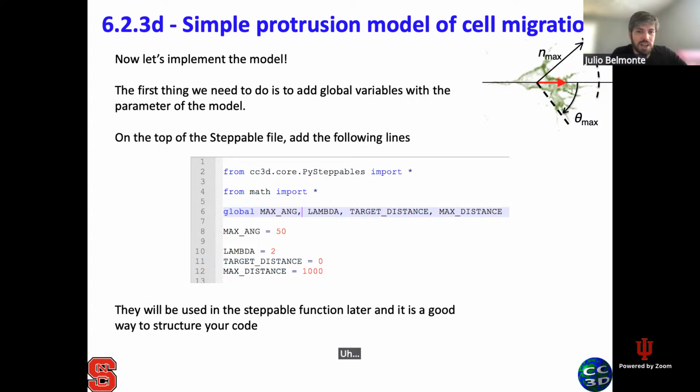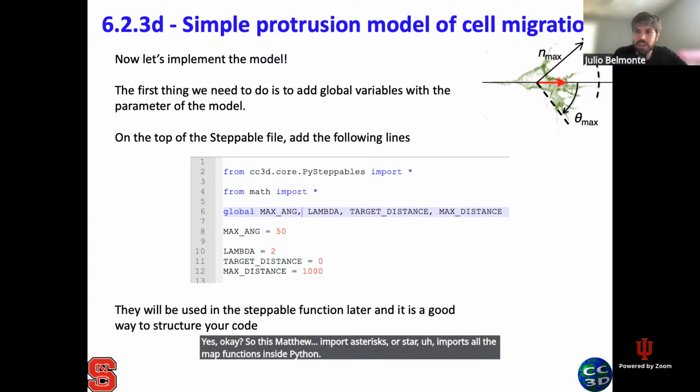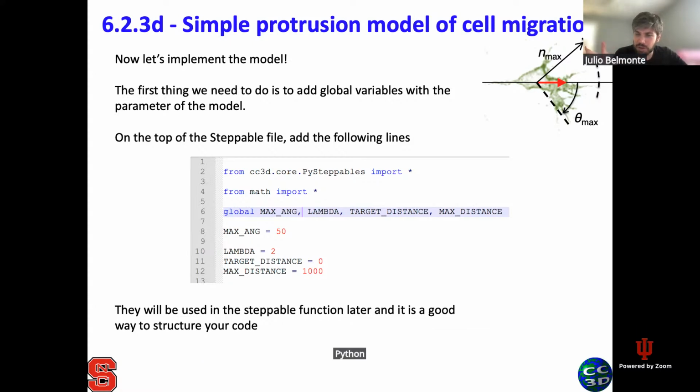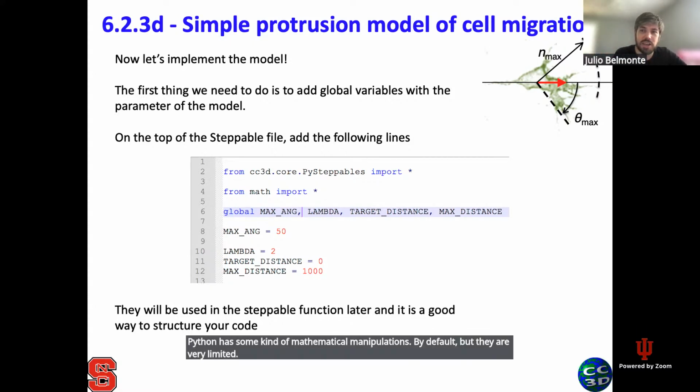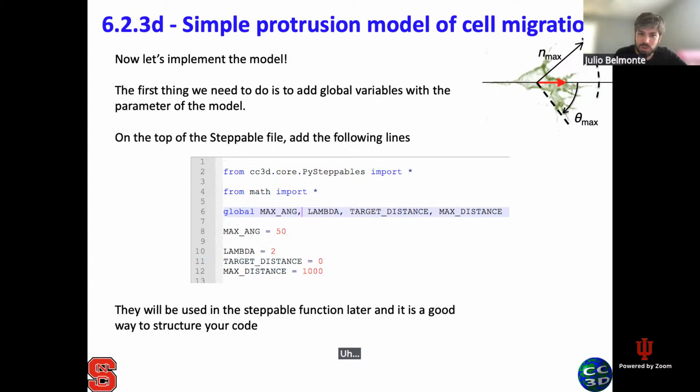So question, what is math import star? Do you have to add it? Yes. Okay. So this math import asterisk or star imports all the math functions inside Python. Python has some kind of mathematical manipulations by default, but they are very limited. Here we want to do this math import, very important,